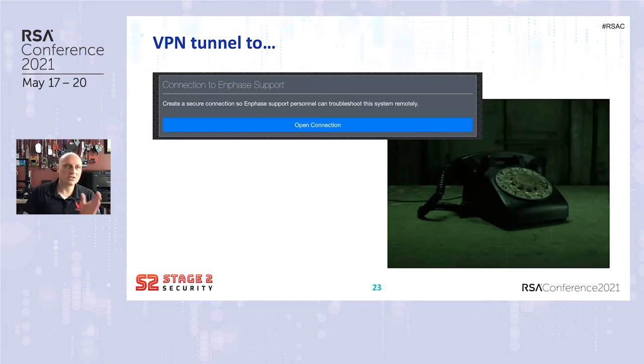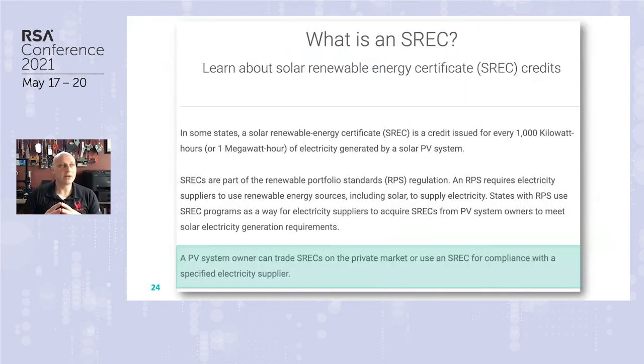But the big concern to me when I was researching the device is solar renewable energy credits. What those are is that in some states, you can earn credits for the amount of clean energy you generate, right? And then these credits are tradable. You can sell them to other corporations that need to meet a certain clean energy standard, right? So basically, if you're able to fool the system in how much energy your solar is generating, you're basically printing your own money at that point.